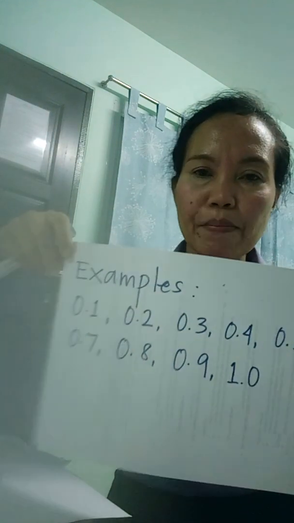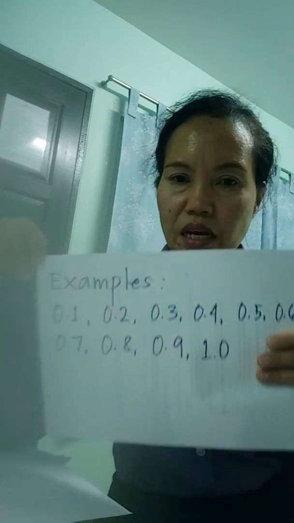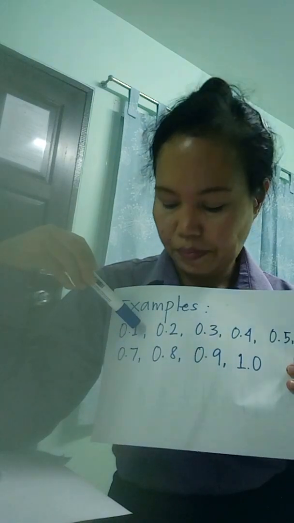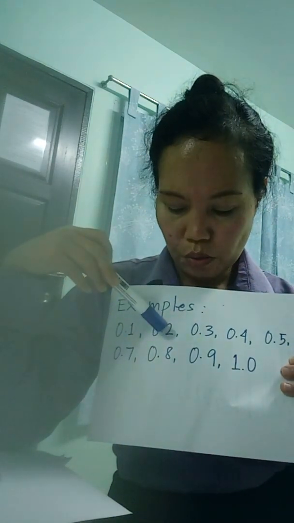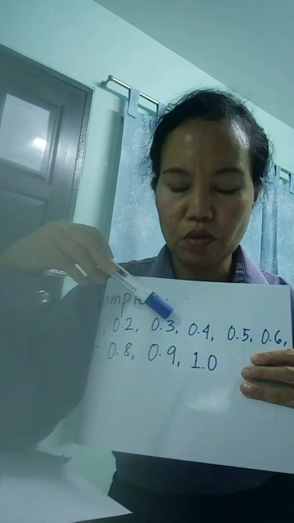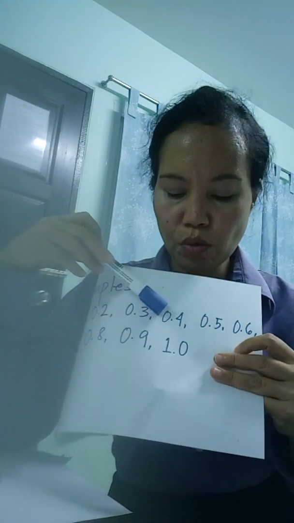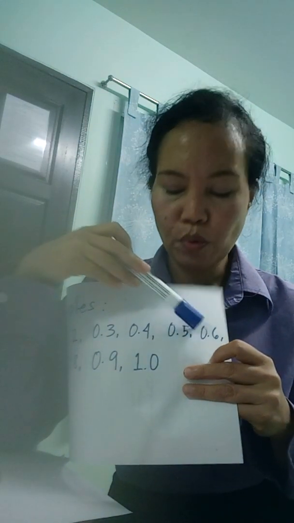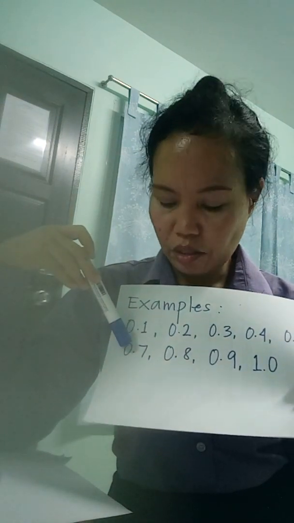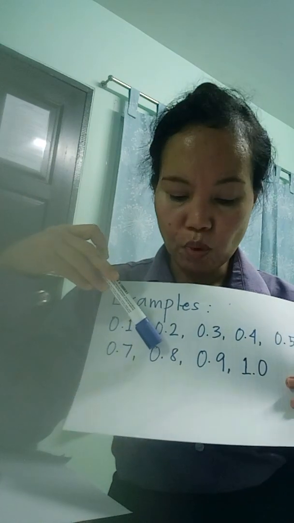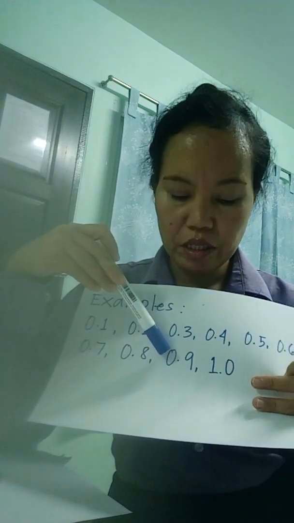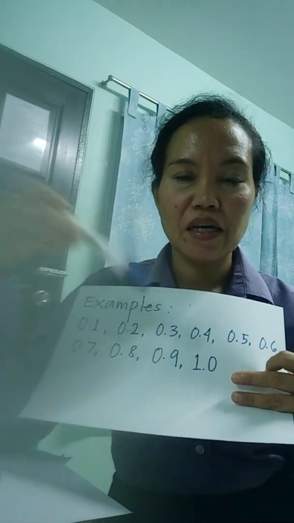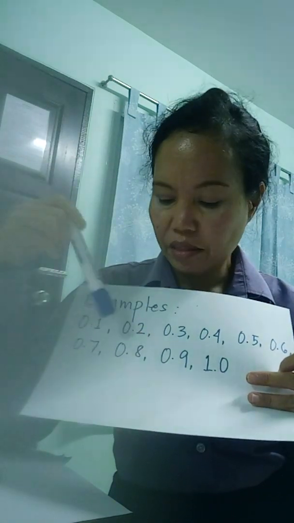And these are the examples. As you can see, 0.1, 0.2, 0.3, 0.4, 0.5, 0.6, 0.7, 0.8, 0.9, and finally 1.0. Bear in mind that a decimal number